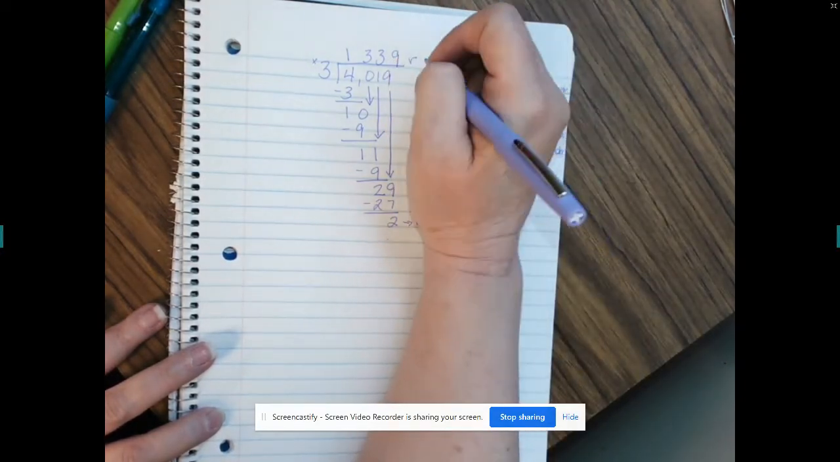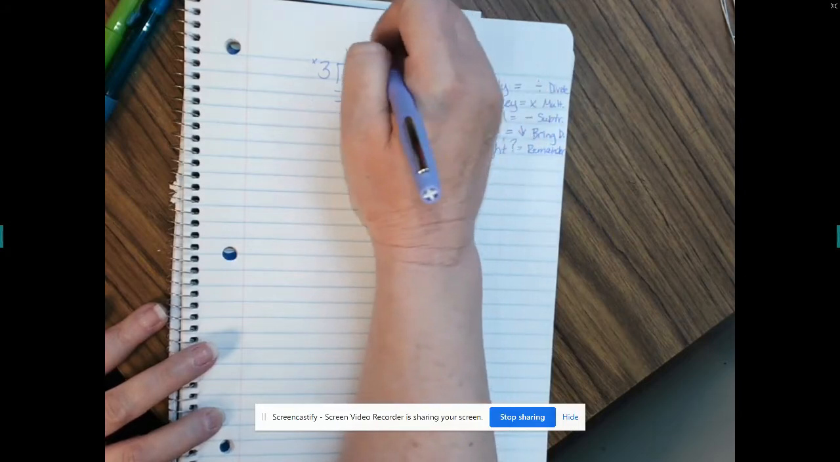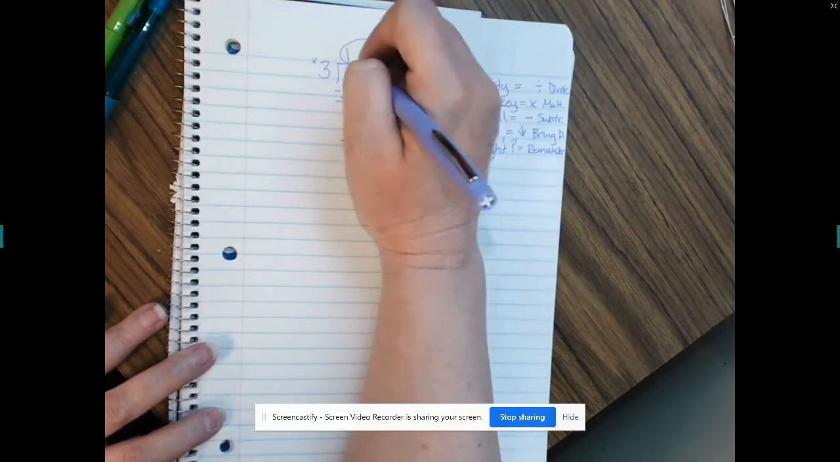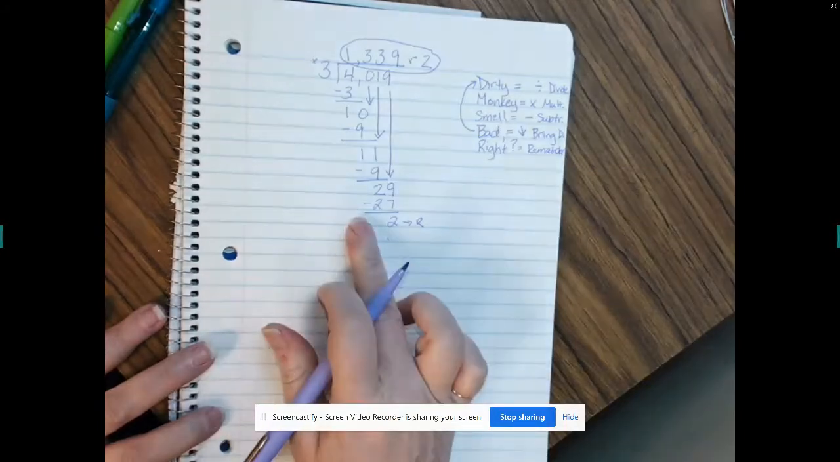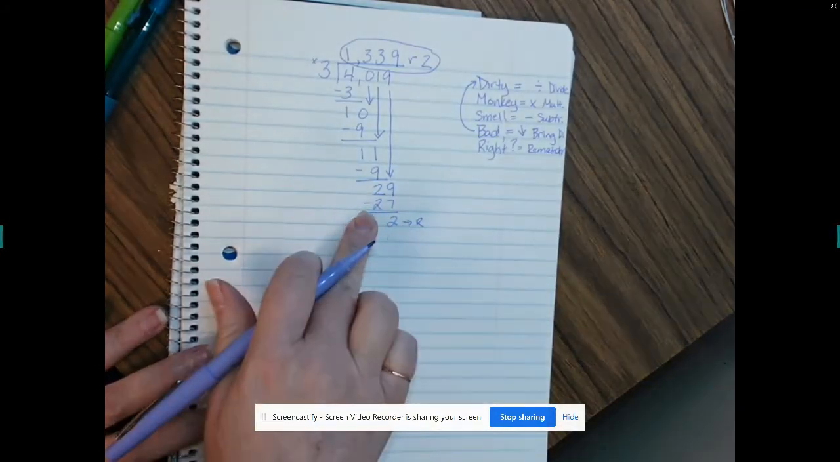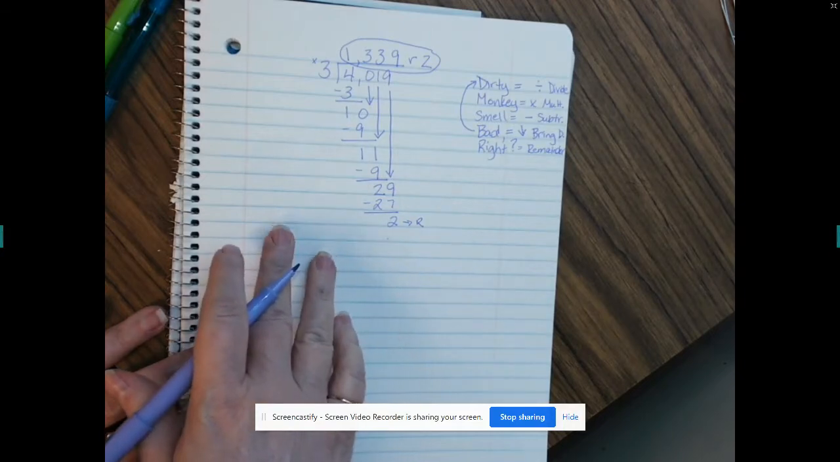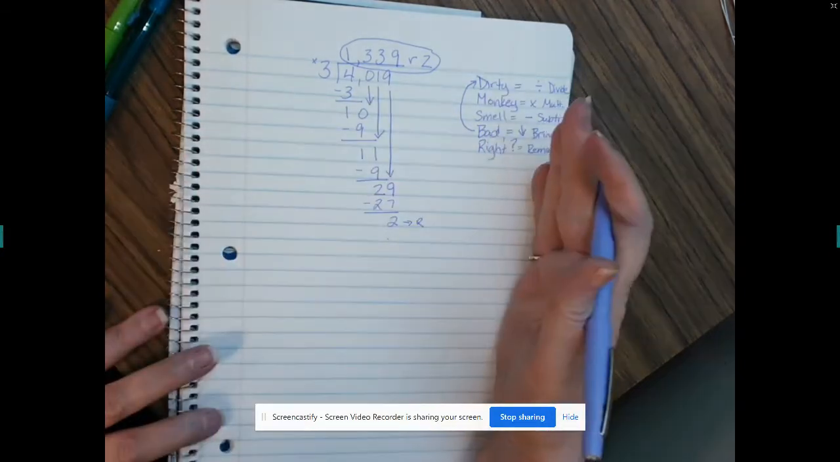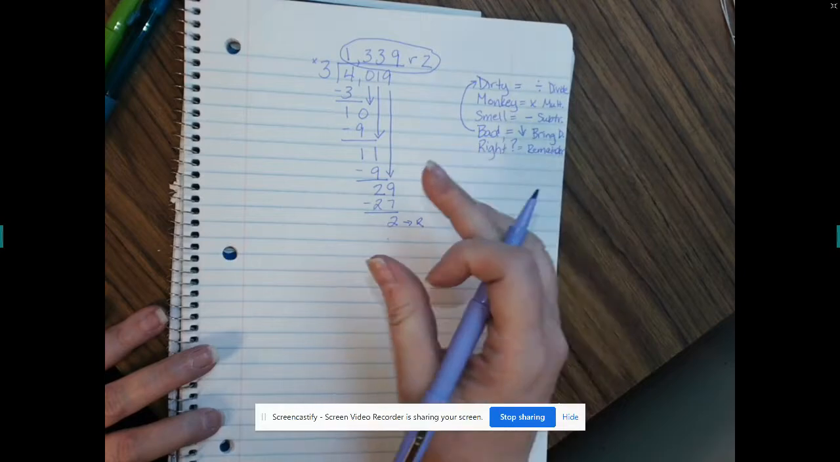So my quotient is 1,339 with a remainder of 2. I know that you know this and you remember being taught this in school. However, students, this is the last step that we get to. So